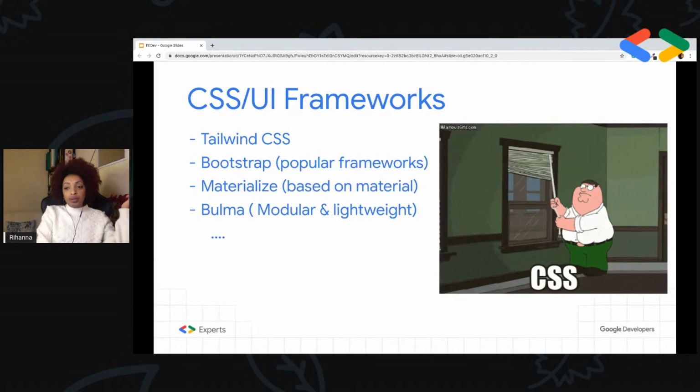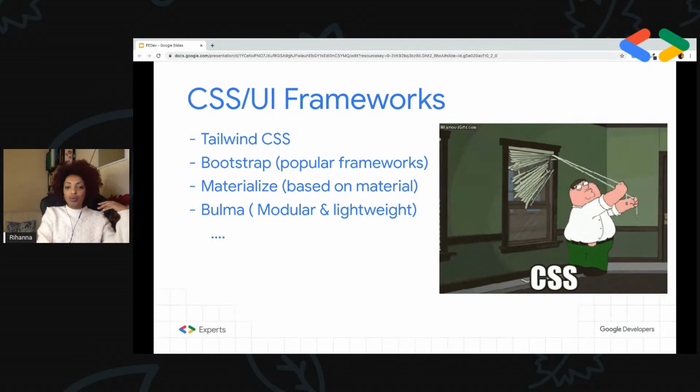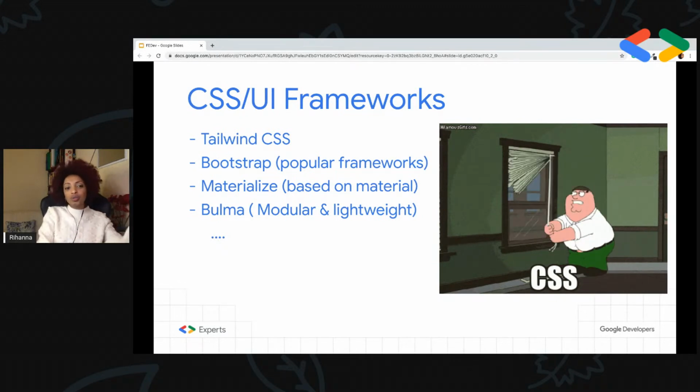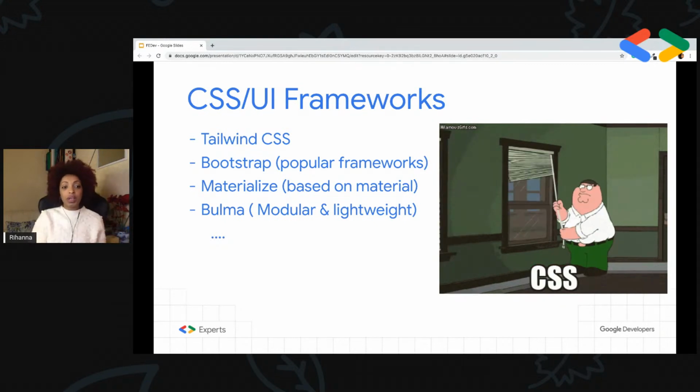The same thing goes for CSS. Learning CSS is not that easy, especially if we have to write the CSS from scratch. So here too, there are thousands of libraries and frameworks available that we can use in our projects.